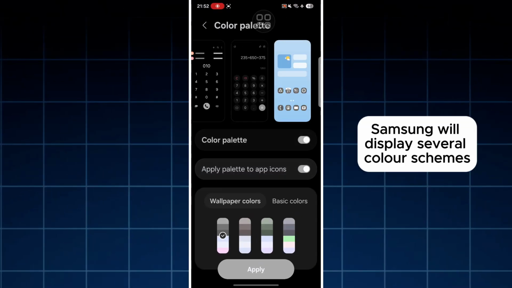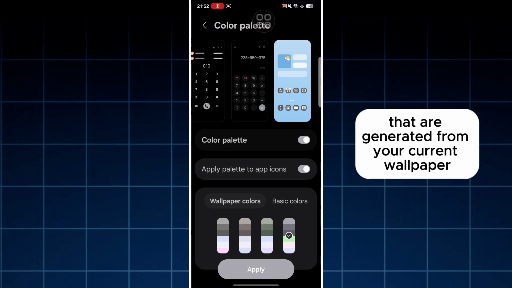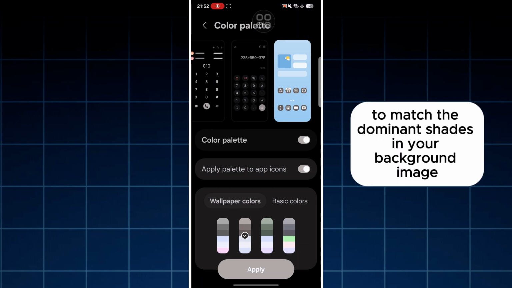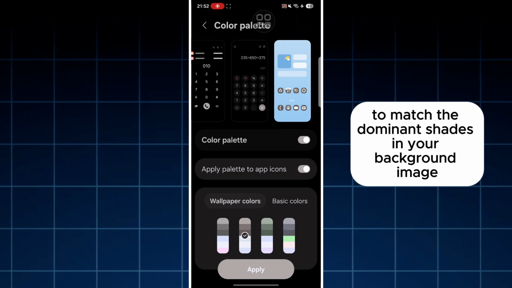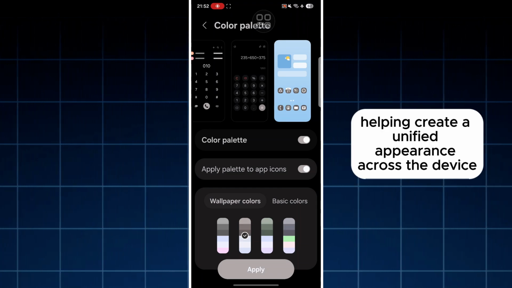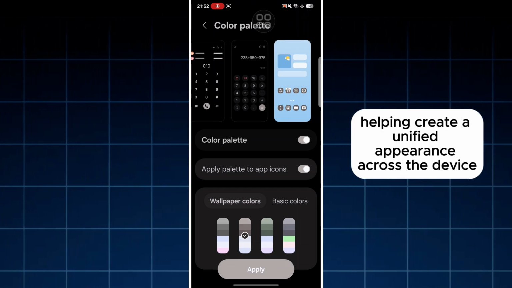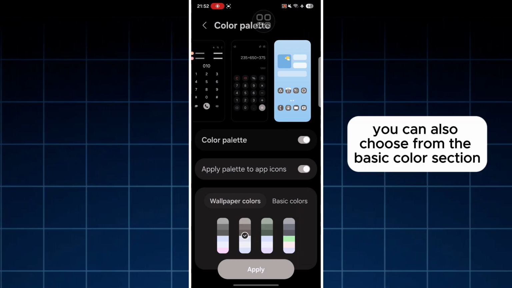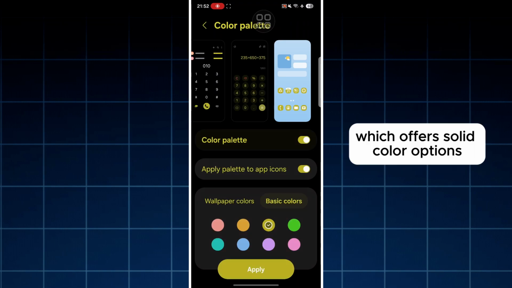Once enabled, Samsung will display several color schemes that are generated from your current wallpaper. These colors are carefully selected to match the dominant shades in your background image, helping create a unified appearance across the device. If you prefer something different, you can also choose from the Basic Colors section, which offers solid color